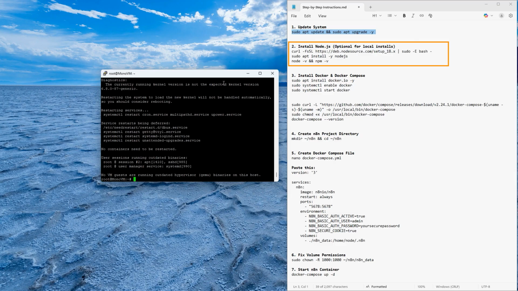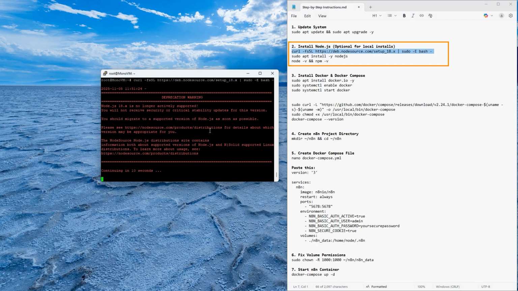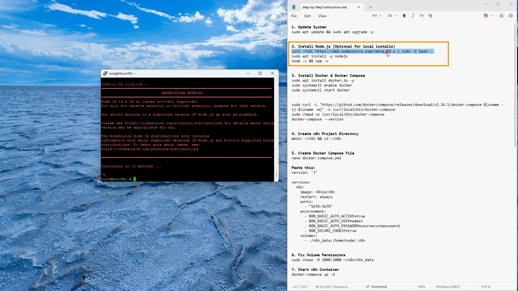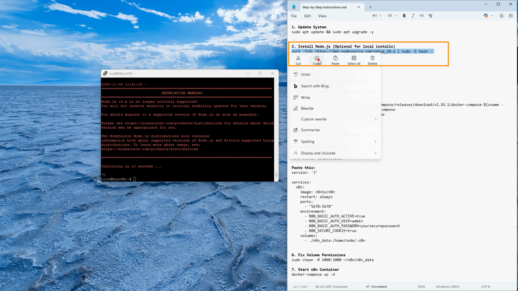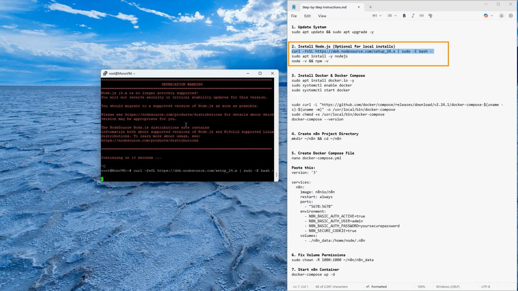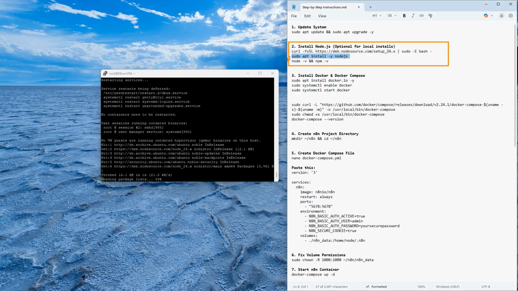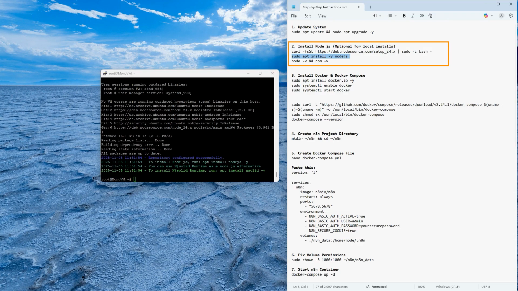Now that the system is up to date, let's install Node.js. We're going to install version 24.x, which is recommended for this setup. Add the Node.js repository to your package manager using. And now, let's install Node.js. The command is